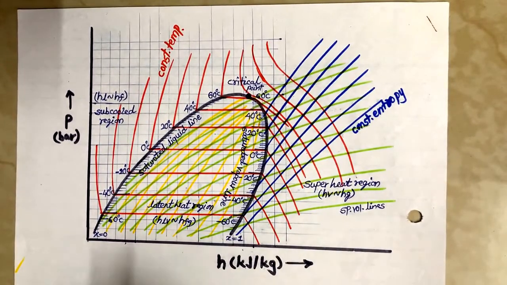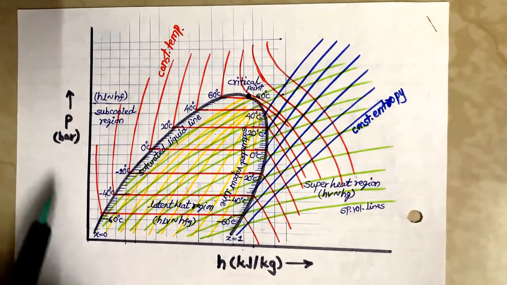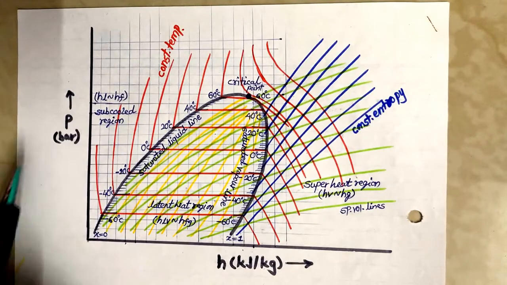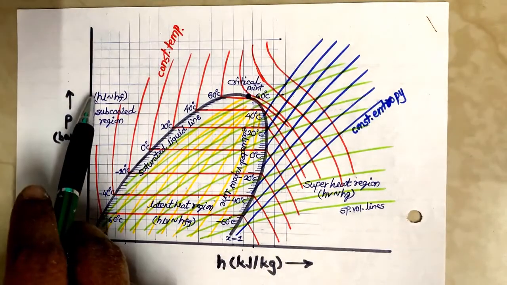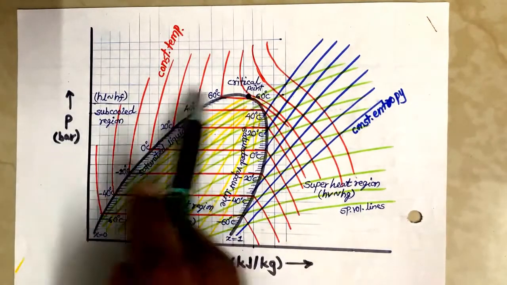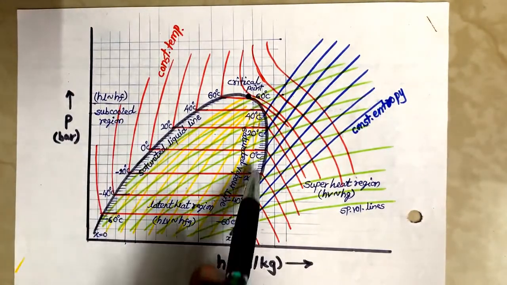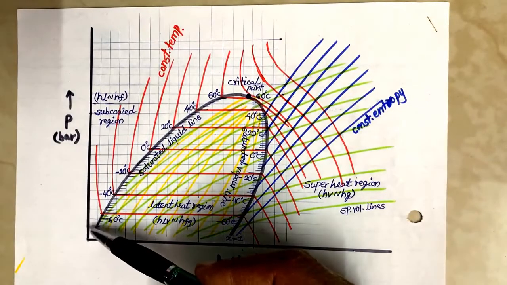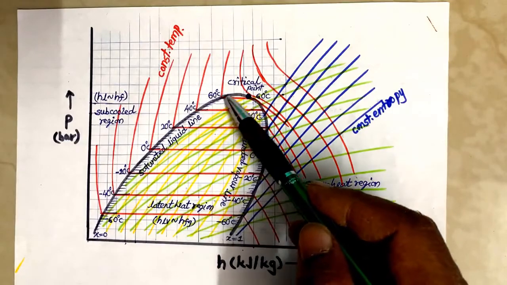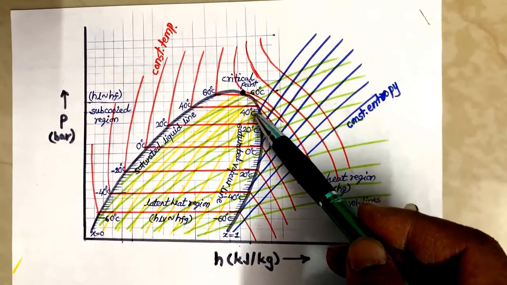So let us plot the vertical line, that is for pressure, and the horizontal axis, this line is for the enthalpy scale. So the horizontal lines are the constant pressure lines, whereas the vertical lines represent constant enthalpy lines. After that, we should draw the saturated liquid curve as well as the saturated vapor curve, where these two